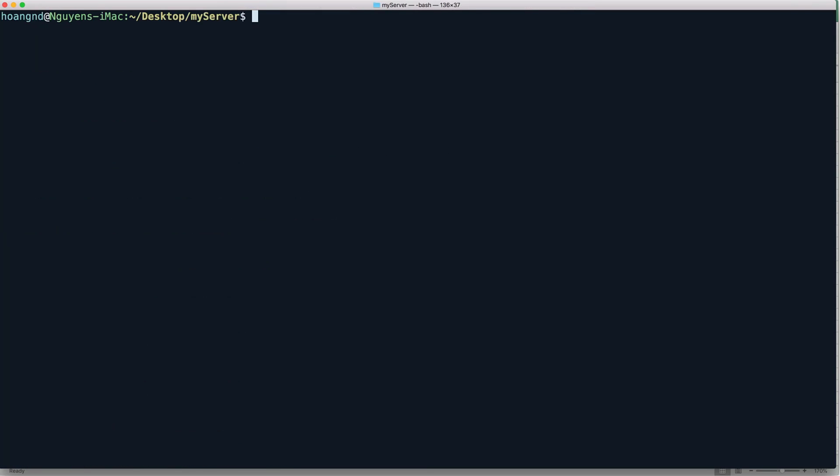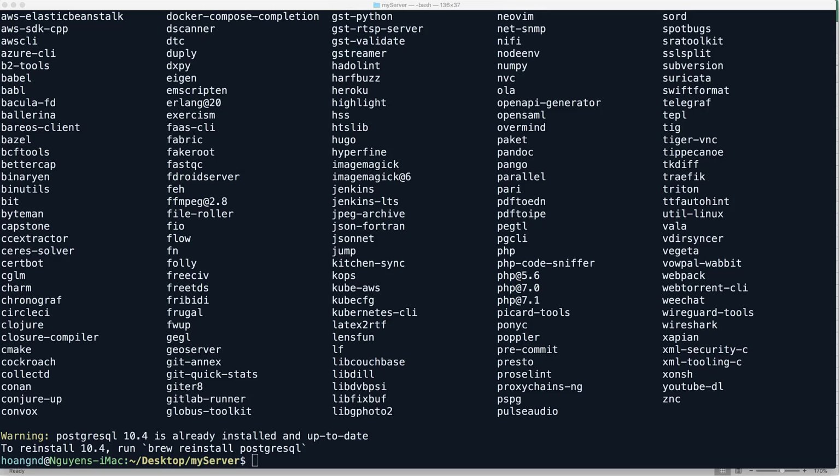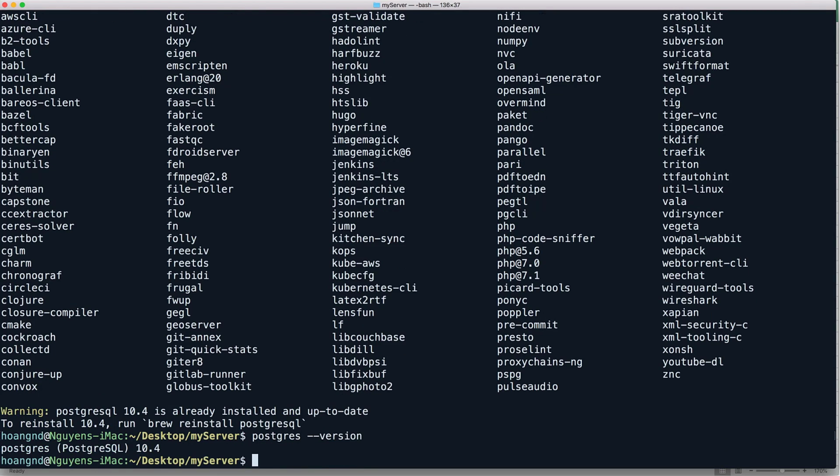So let's stop the server, clear the terminal, and inside this I can install the Postgres SQL. Because my server here is in macOS, so depending on your Linux, you can change it depending on your package management. So check for the version of Postgres. You see that 10.4 is my latest version of Postgres,